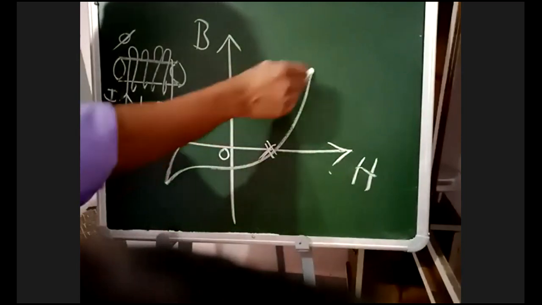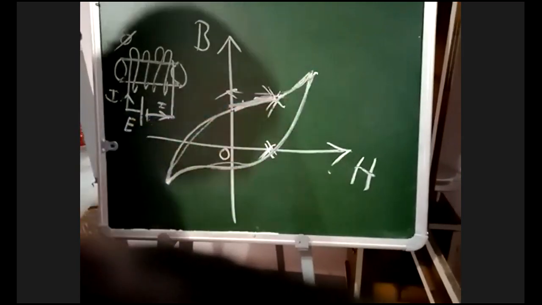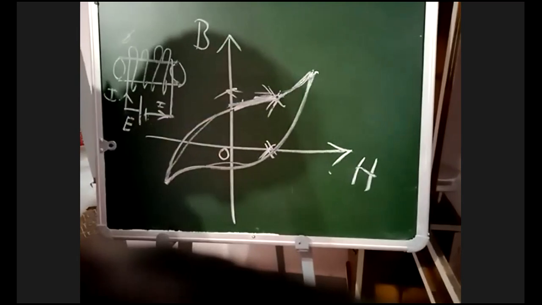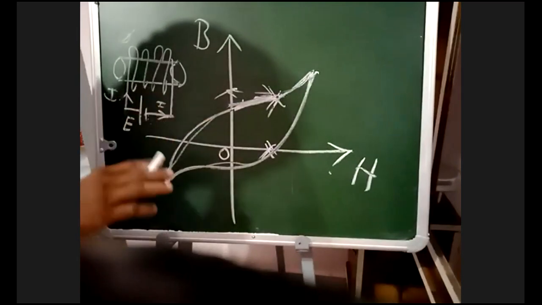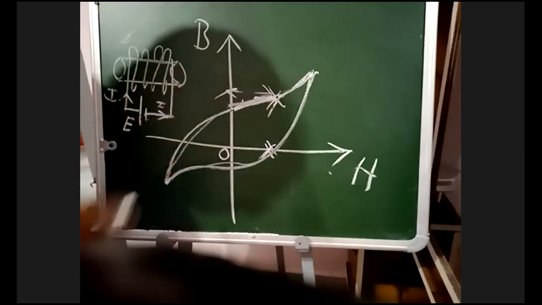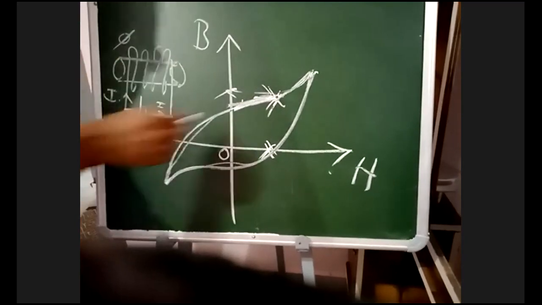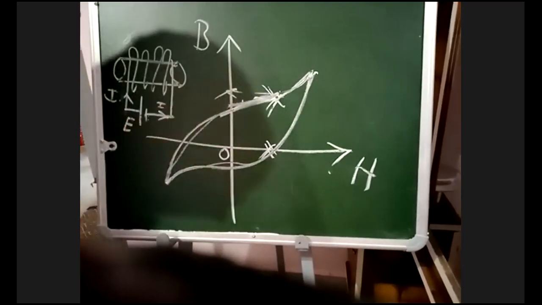First I am magnetizing the iron piece in the forward direction. Now I am magnetizing in the backward direction by interchanging the battery terminals. Like this, I will draw the curve. This is called hysteresis curve. I am not explaining clearly because it is not in your syllabus. If I were to explain this curve, it would take nearly 15 to 20 minutes. Just for an idea, I am telling.